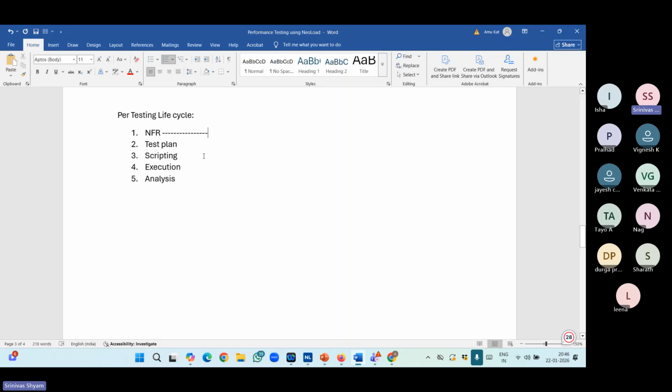When we talk about NFR, we do have a template for that. It is a sort of questionnaire document. I can help you with this tomorrow in detail; for now I am just going through the key things on a brief note. We can also ask Vignesh exactly what user count he is looking for, whether he wants to check for 10 users or 20 or 30 or 40, at what time he is looking for execution, and what the timeline dates are. Suppose he wants to go with 50 users,